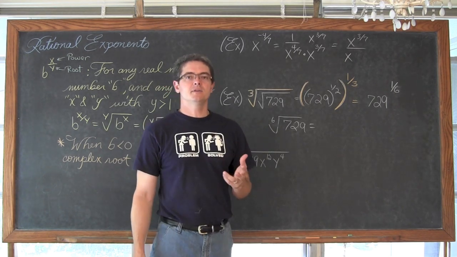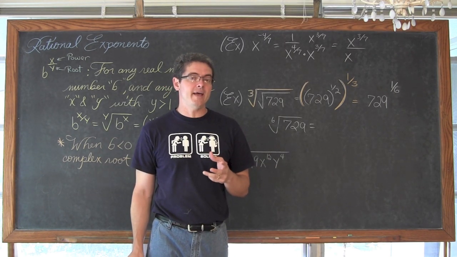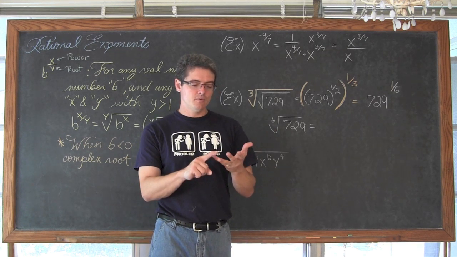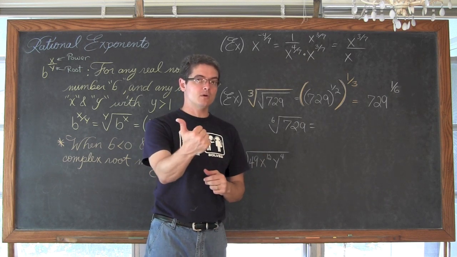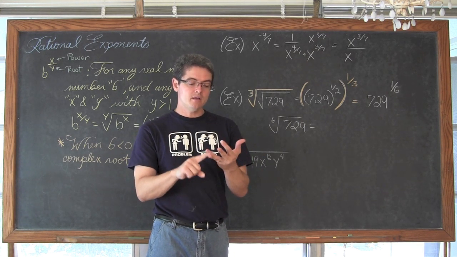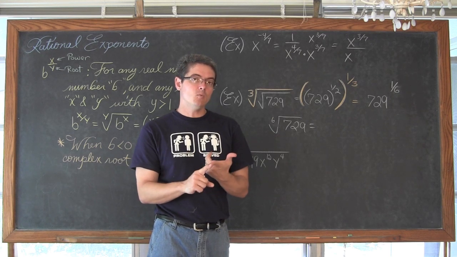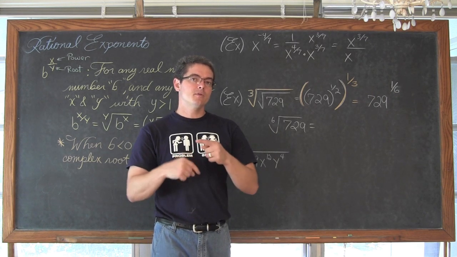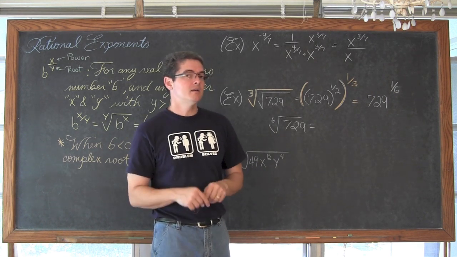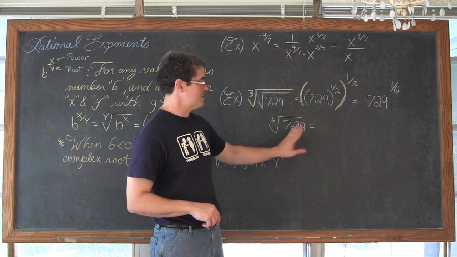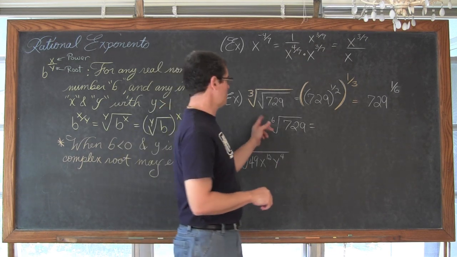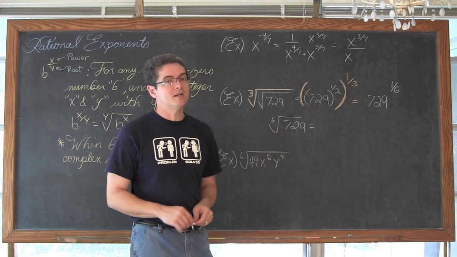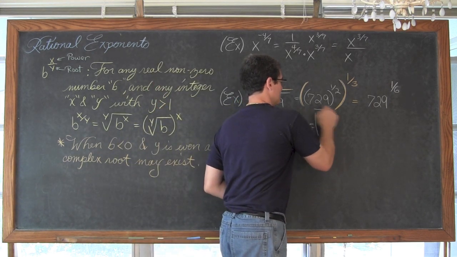Now I highly doubt that many of us have 6th roots in our head, but I'm doing this without a calculator, so it can't be too big of a number. 2, 4, 8, 16, 32, 64. It's not 2 to the 6th. 3, 9, 27, 81. 81 times 3: 80 times 3 is 240, plus an additional 3 because it was 81, not 80, is 243, and 243 times 3 again is 729. So the 6th root of 729 is equal to 3.